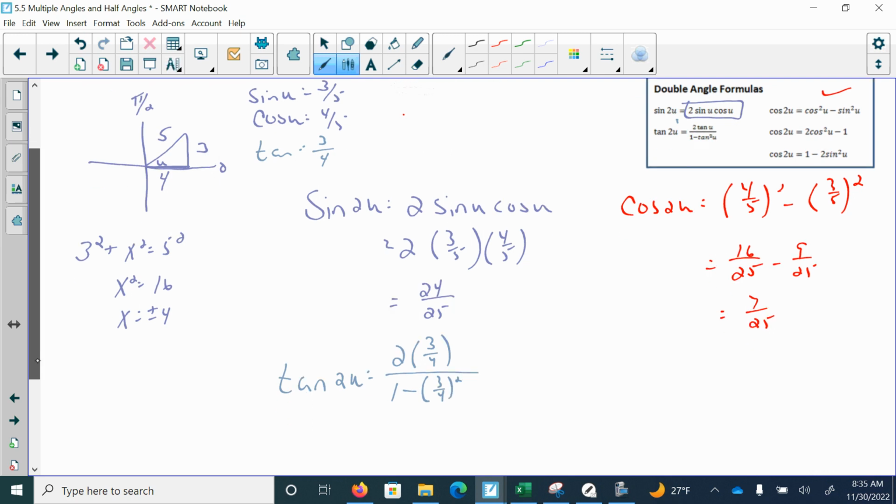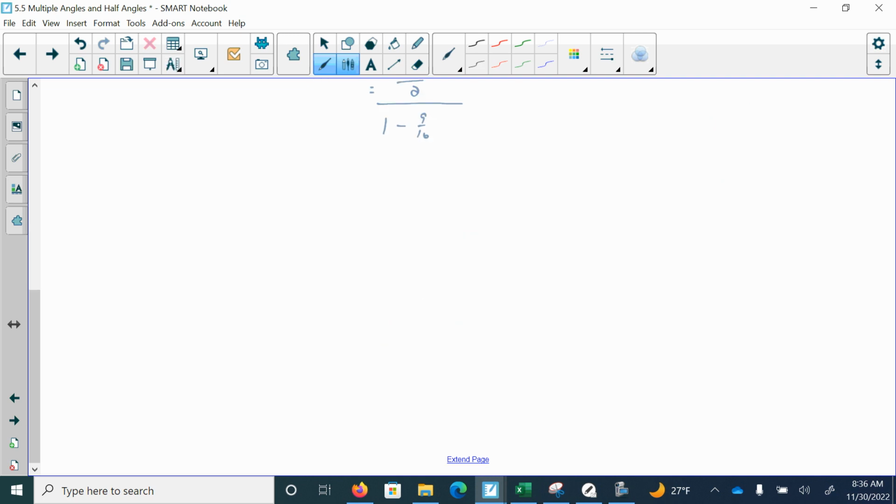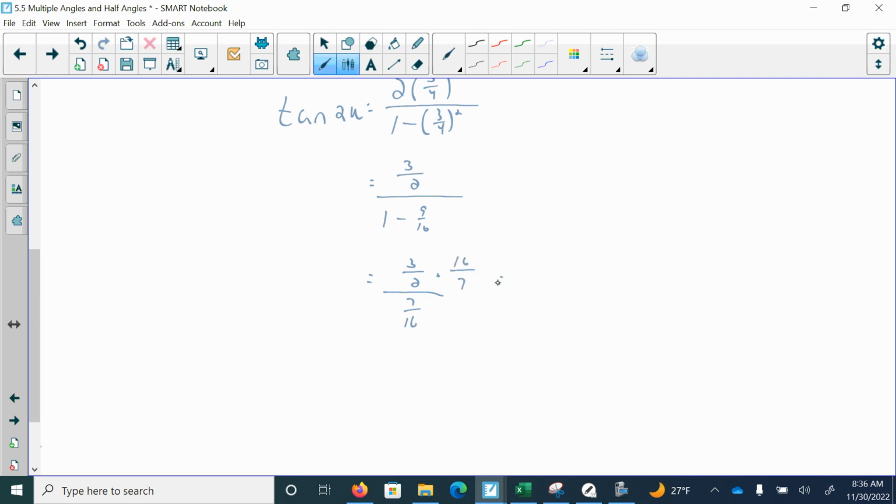When I multiply this, I'm going to have 3/2 over 1 minus 9/16. So I'm going to have 3/2 over 7/16. Keep, flip, switch, whatever you guys say. And when I do this,